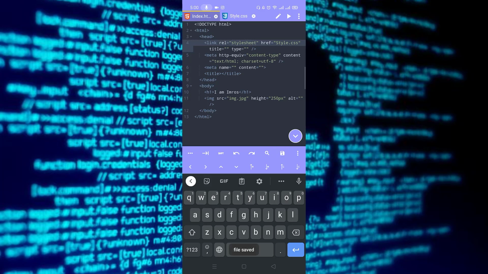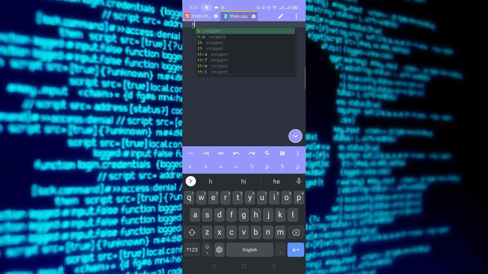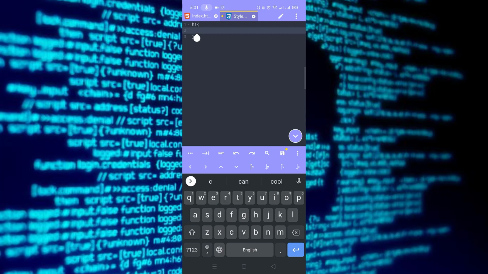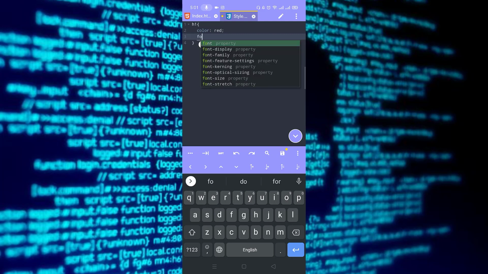So let's write some code. I have an h1 tag. Let's design this tag. Type h1, and let's change the color first. Let's change the color to red. And I want to increase the font size, so type font-size.